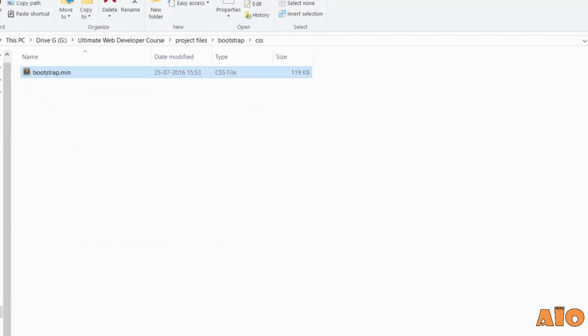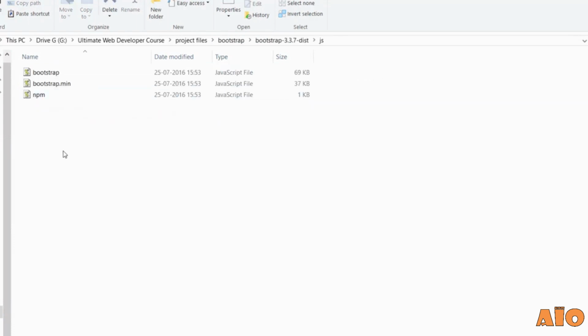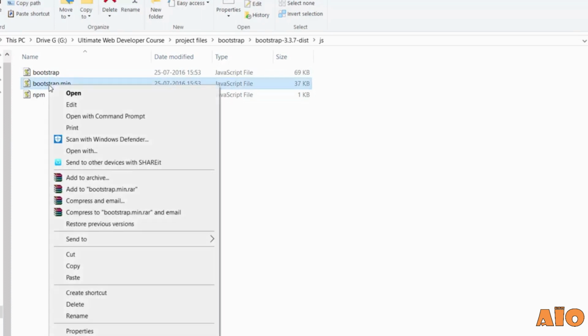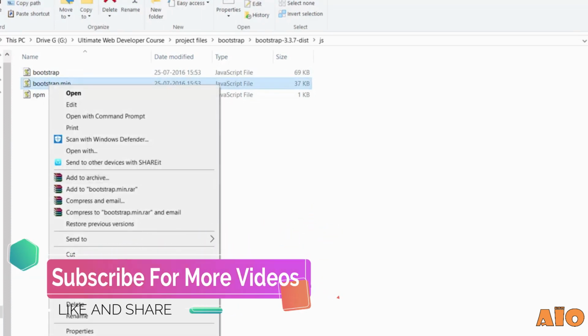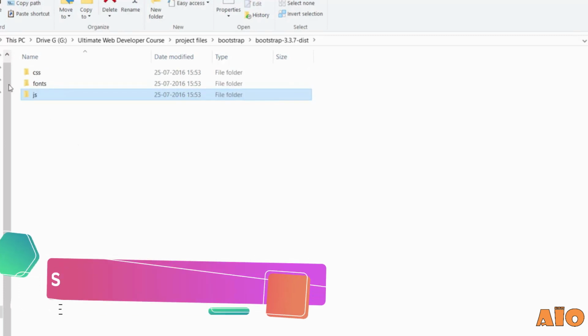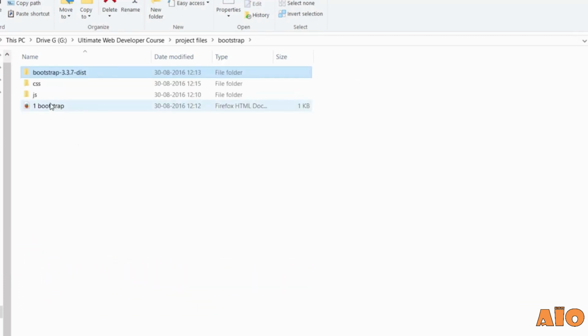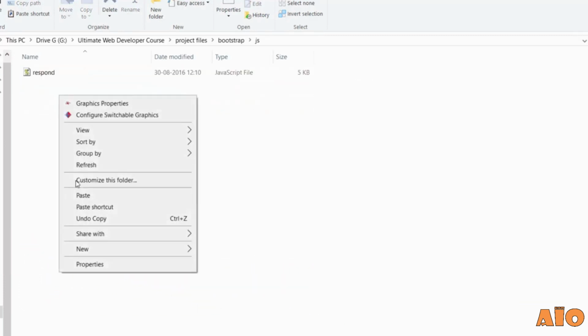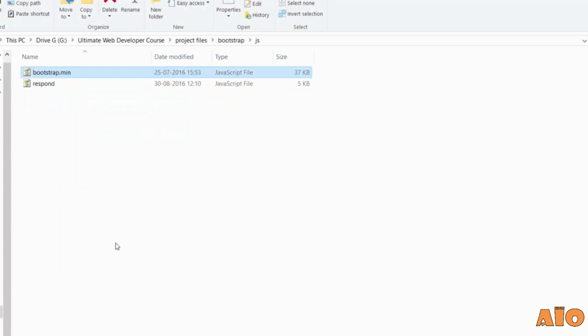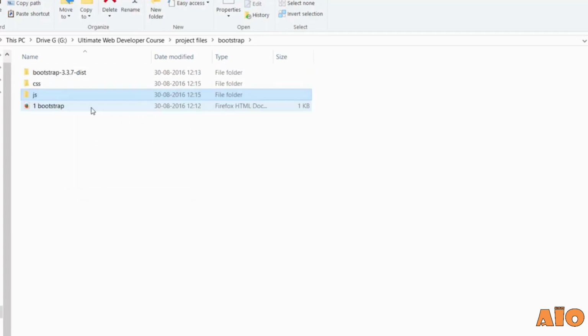Now let's go back. Here are the JS files. Let's copy only this one, bootstrap.min.js, and just paste it inside our JS folder. There you go. Now we need to link those files inside our